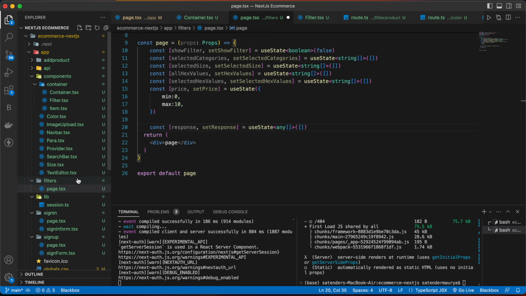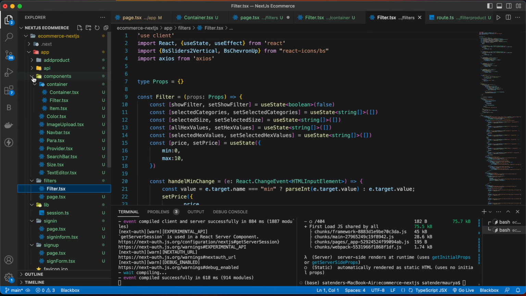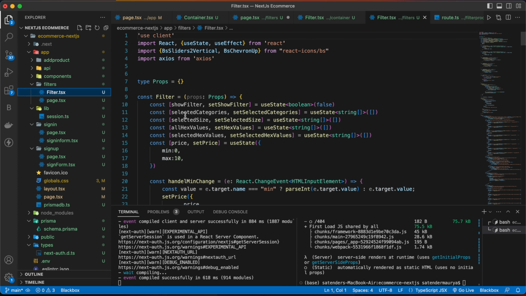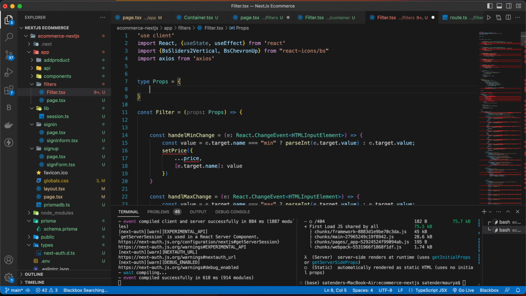Now we are going to copy this filter here and paste inside this filter folder, and now we are going to change the component here. So first remove all these, and here we are going to define some props.